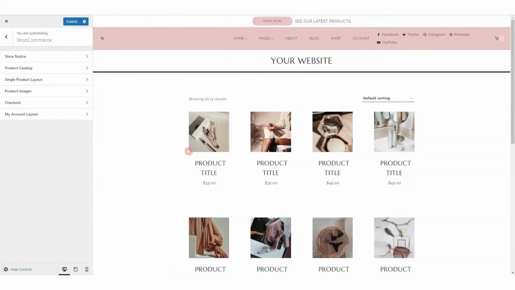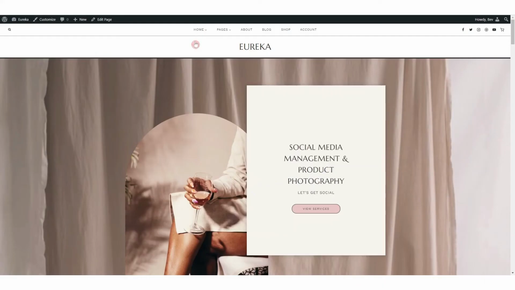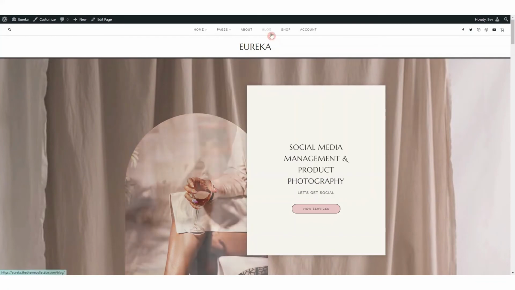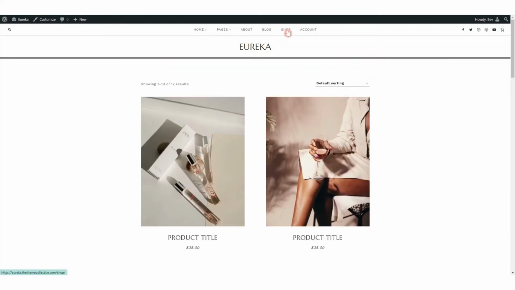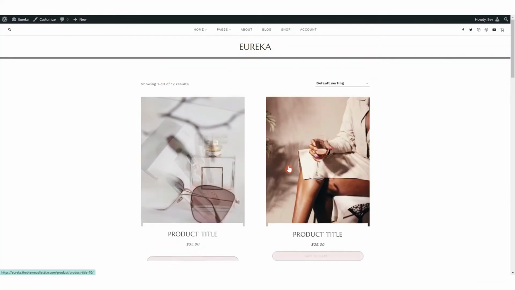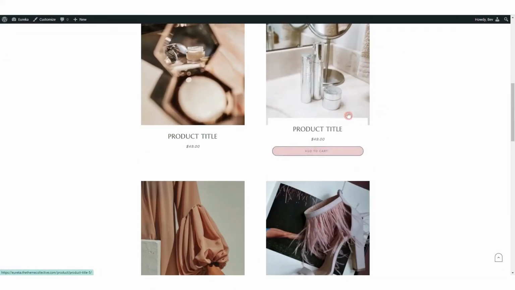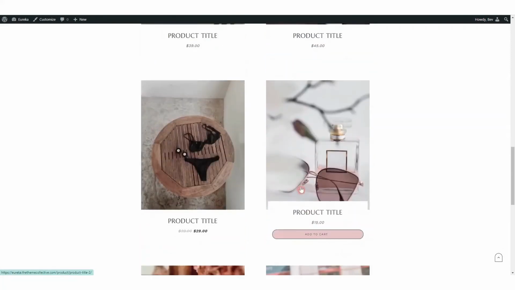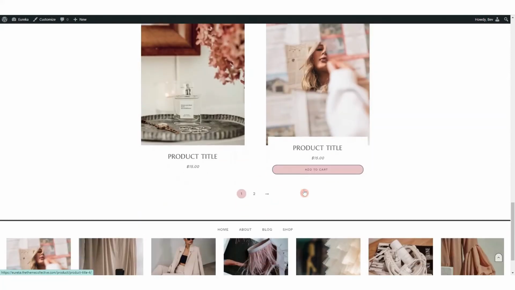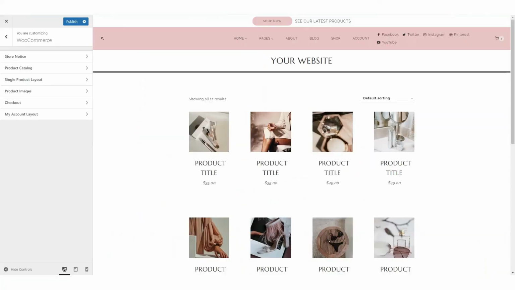We'll see here that our shop page is not looking exactly like the demo. So if we go to the original demo, here I'm going to click on the shop page. And then you'll see we've got these 2 products across in the row, and then 1, 2, 3, 4, 5 rows. So I'm going to go back to the customizer,